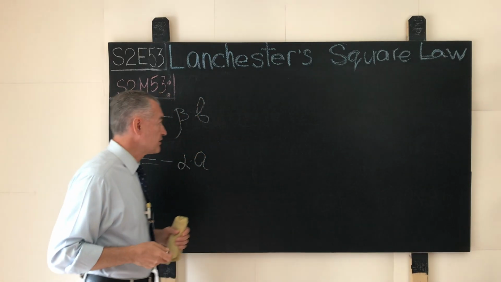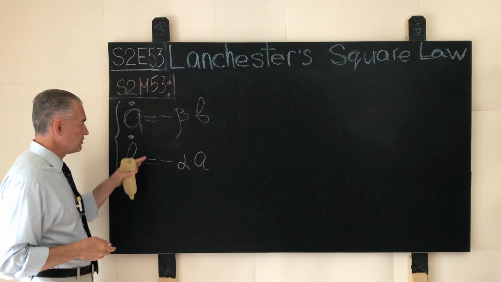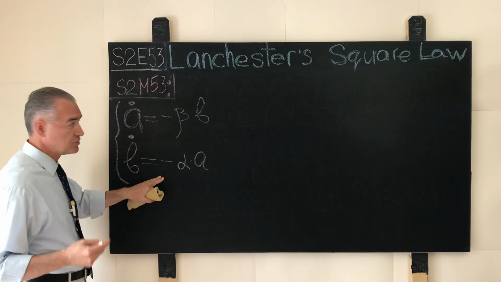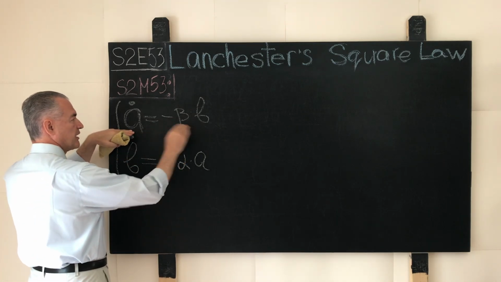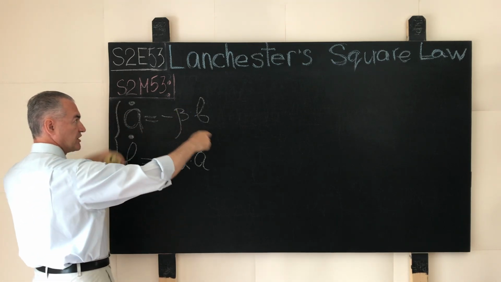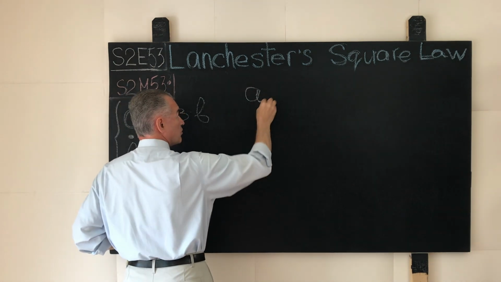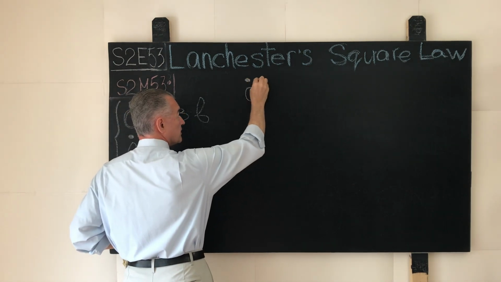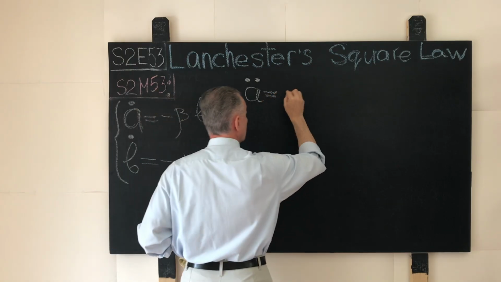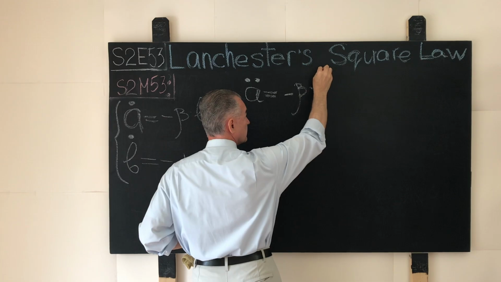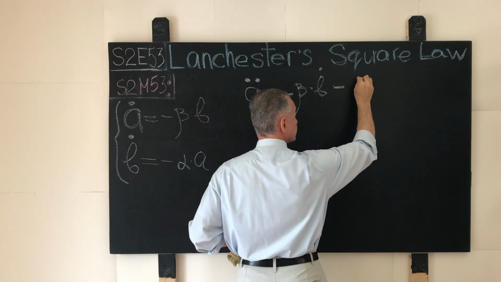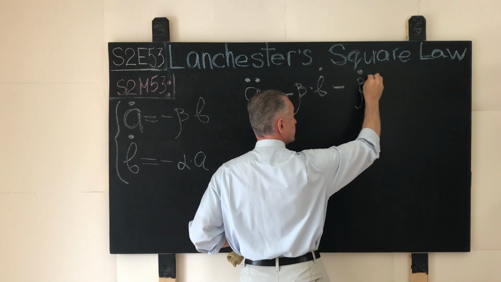The way we do here is as follows. Again, this is completely symmetrical. We'll do it with one function and then we'll do it with the other. Differentiate this equation over here with respect to t once, both sides. What will we have? We will have a dot dot equal to negative b times b dot minus b dot